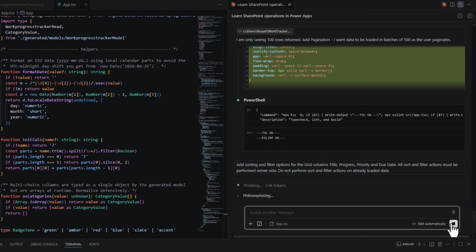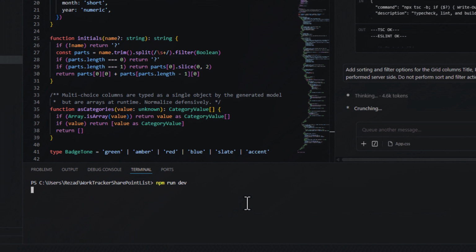Server-side meaning SharePoint will do the work of filtering the data and then return the result back to my app. Same thing I'm calling out for sorting as well. The work begins to add filtering and sorting. Now, while it does that,